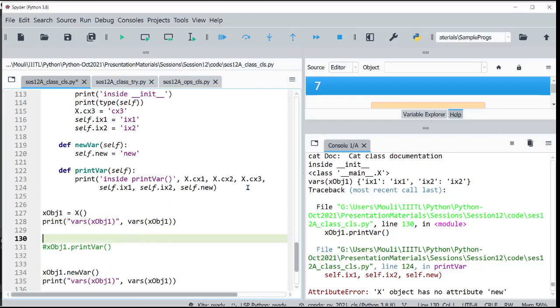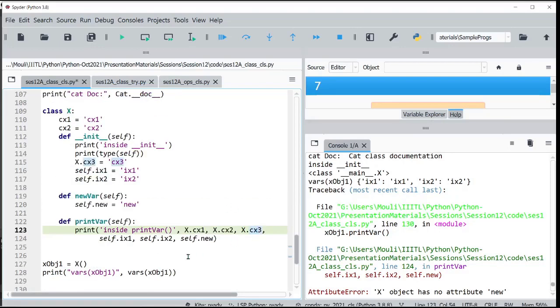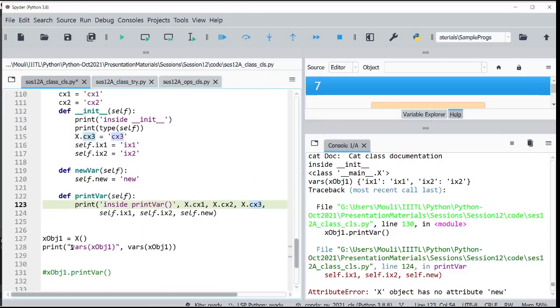Maybe I have not talked about this. See, what we are doing here is we are printing the class level variables. There is no issue when I print it here because even the cx3 is created in the init itself.